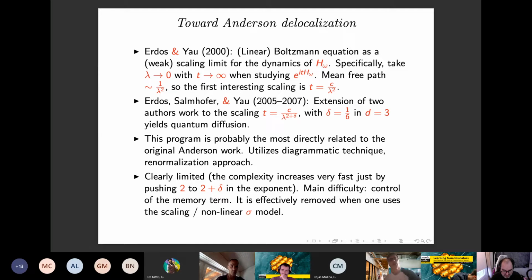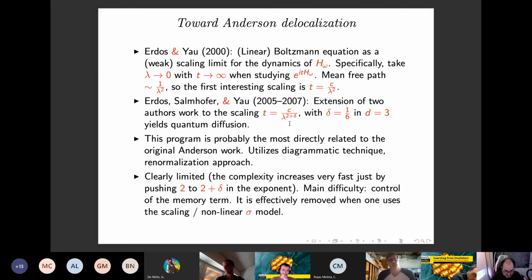Of course, it's also interesting what happens if you have not just 1 or 2 collisions, but many. And they pushed this further with Zamhofer and managed to go to an inverse power of 2 plus delta for lambda for time t. And just to give you an idea how big delta is, it's just 1 over 6 in dimension 3 if memory serves. And on this scale, you start to see quantum diffusion. So this